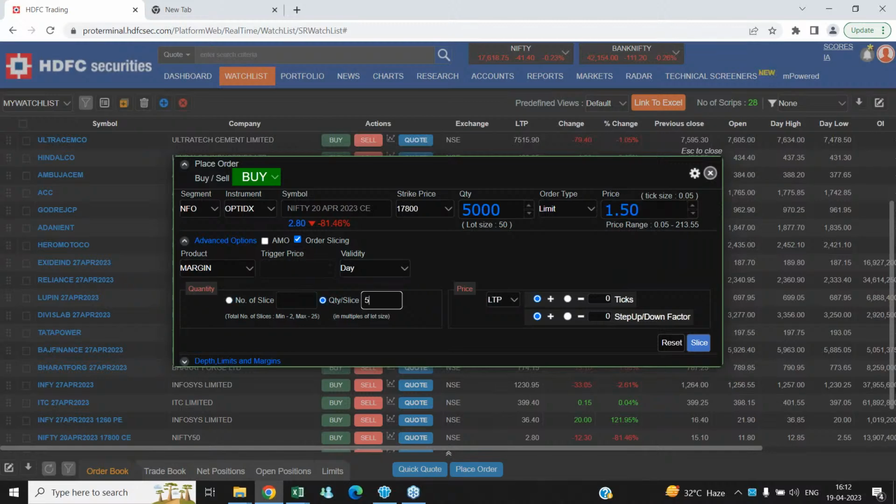I want to slice with 500 shares per order, and here in this step up or down factor, there are two options, that is plus and minus. So if you want to place the subsequent orders at a lower price, with the first order placed at 1 rupee 50 paisa, and the second order at every 10 paisa interval, you need to select minus, because you need to place it at a lower price than your first order. And here in step up or down factor, you need to